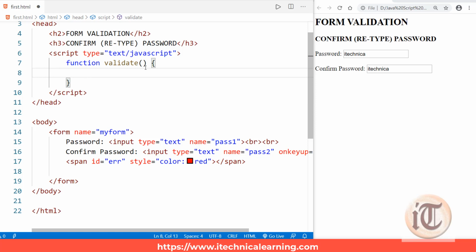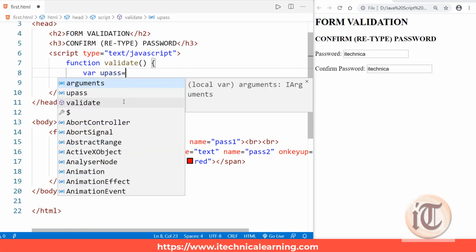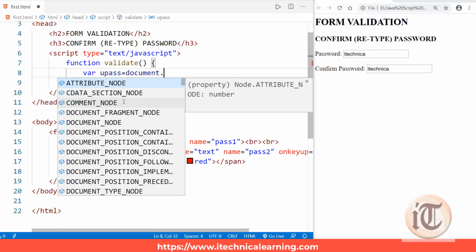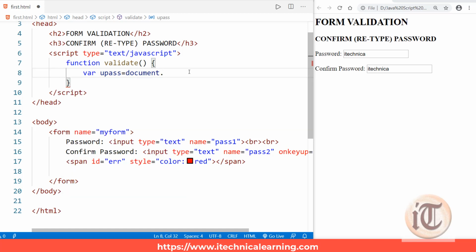So what we have to do, first we will have to fetch the values of this password and confirm password field. So for that I will say var upass, that is the user password, and I want to fetch the value, that is document dot, this field is maintained inside this myform, so I will say document.myform.pass1.value.